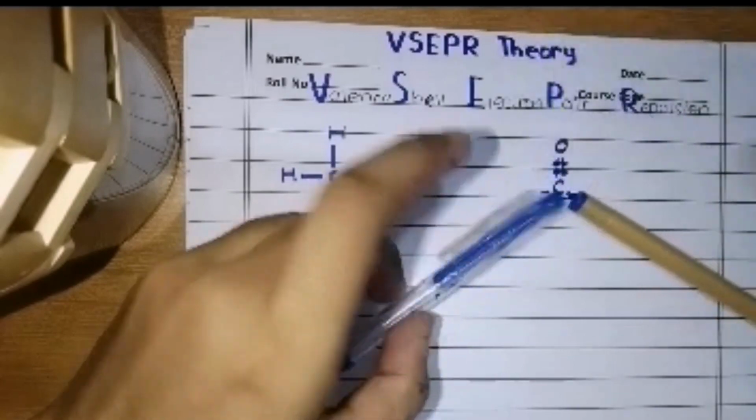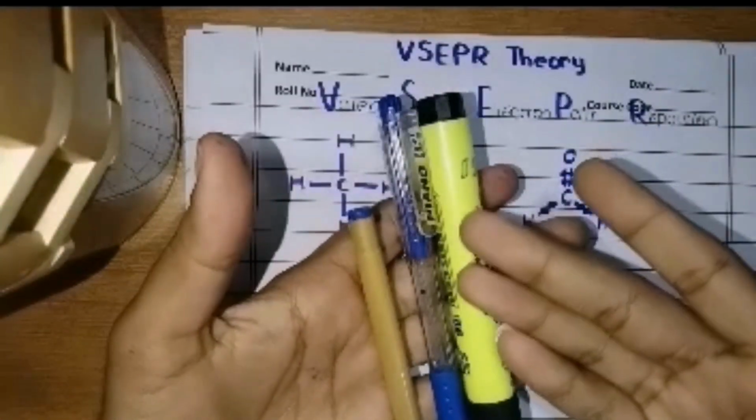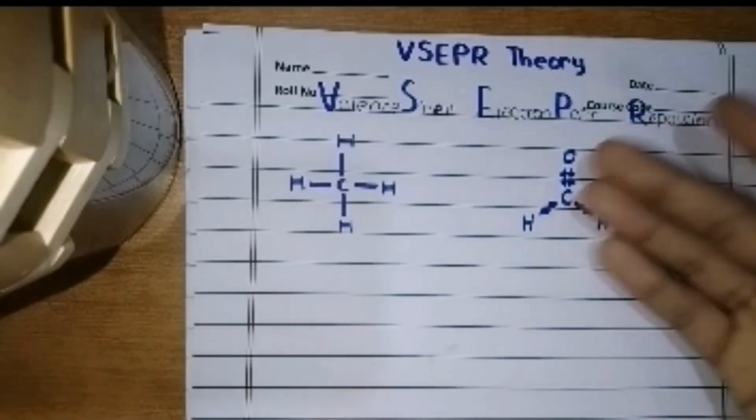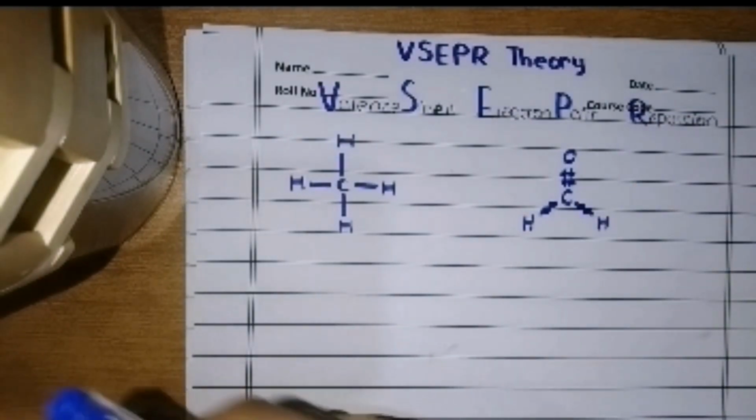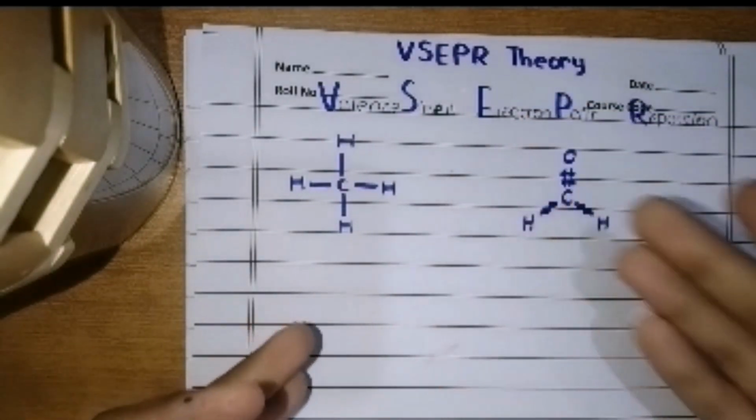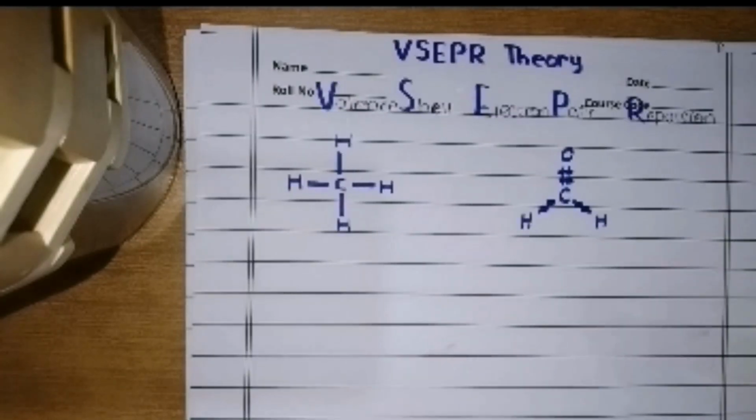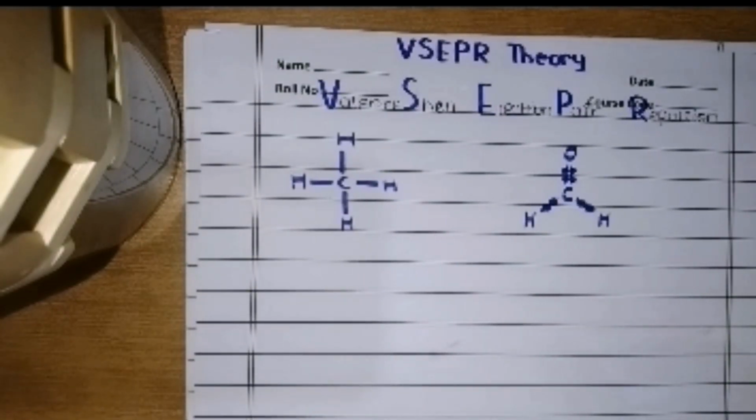So the molecule would not be affected if a double bond or triple bond is present. The double bond or triple bond would work similar to a single bond,